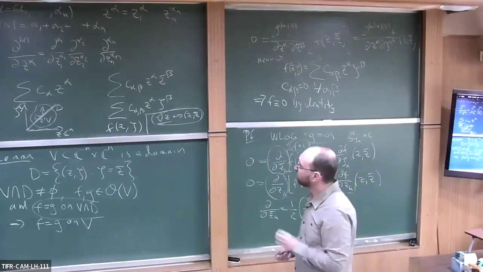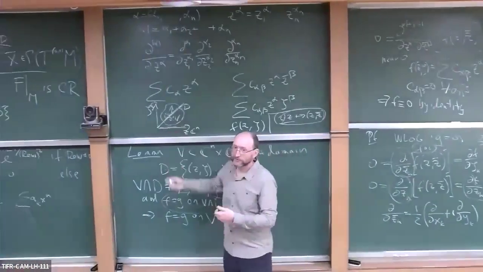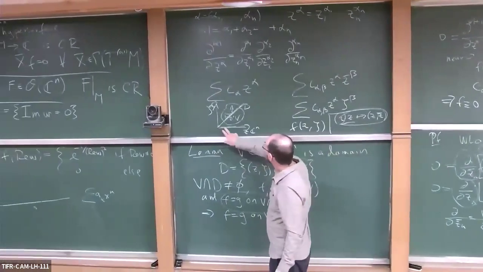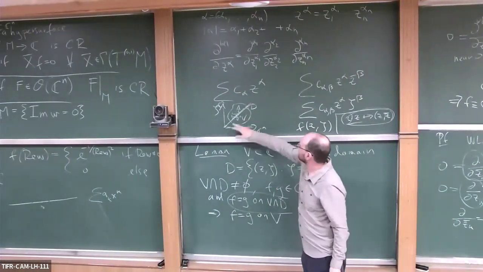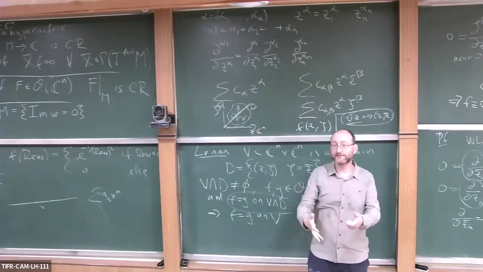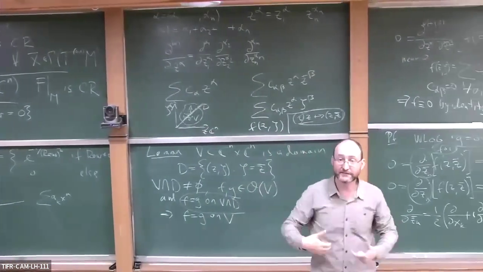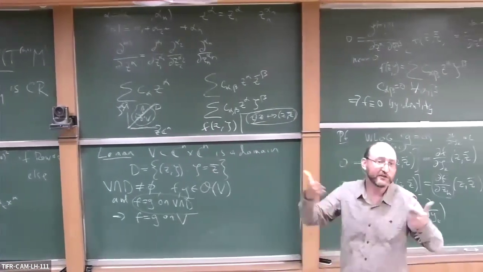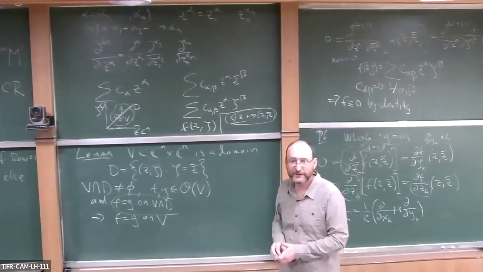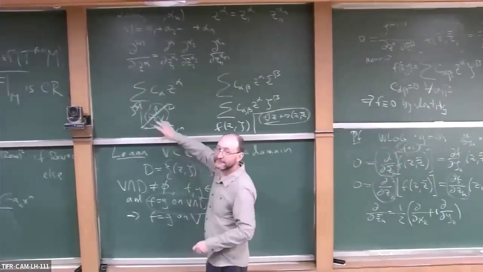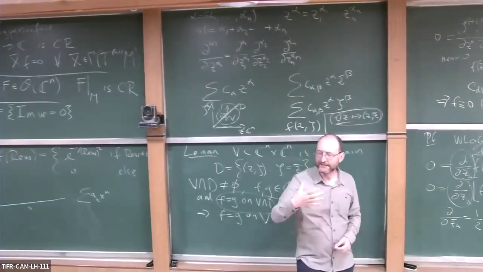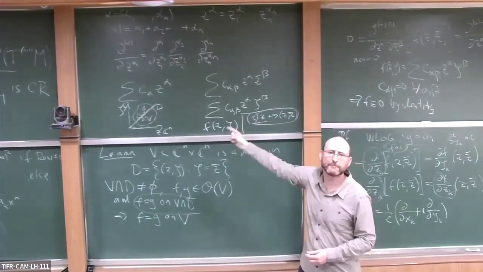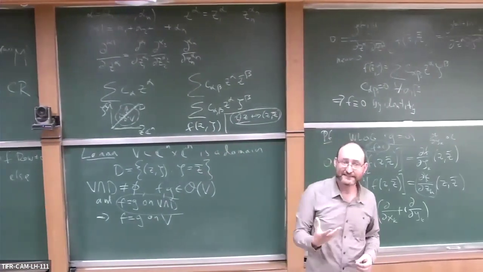If this D was not maximally totally real, if instead of this D it was really this, and I had a function of just z, then there are many ways to extend it into the C2n space using power series or other ways, right? So the point is that this is really the only way. It's essentially proving the identity theorem for maximally totally real, at least a hyperplane, right? That's what's needed here.